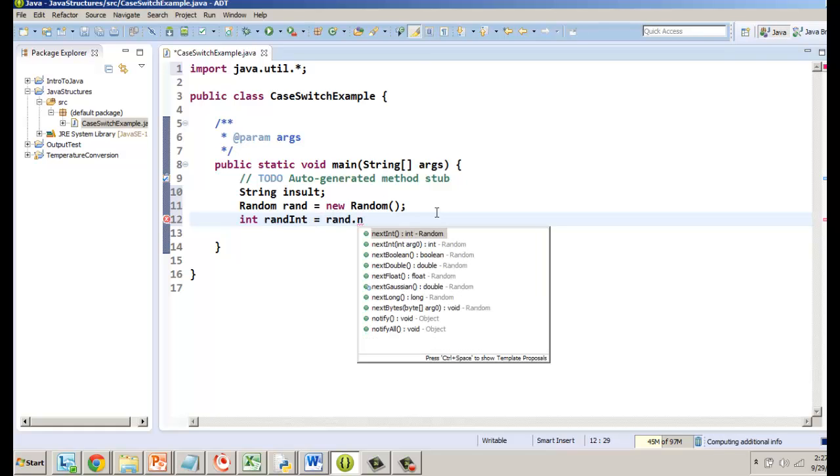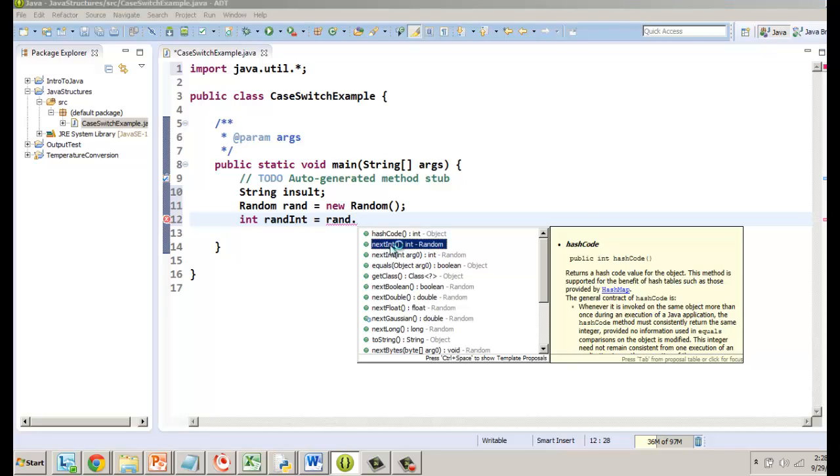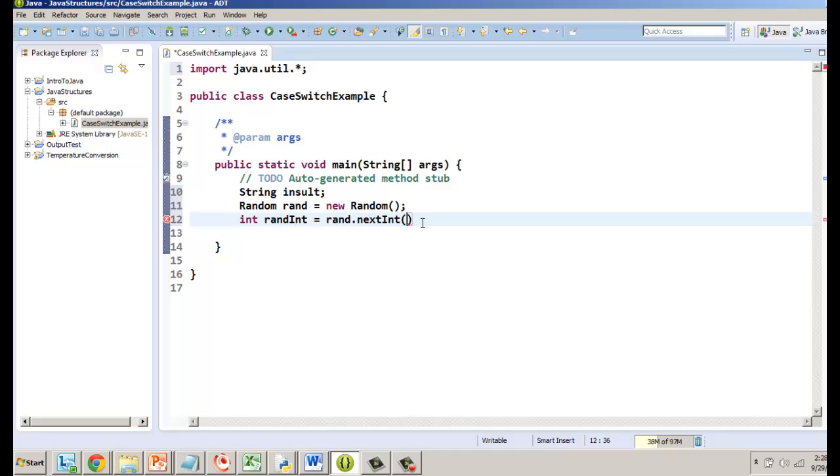And you'll note the Random object has a lot of different methods related to it. We're going to use nextInt. And in here, we're going to pass it 3, which is going to select a 0, a 1, or a 2. So it's picking from a random list, starting at 0, including 3 different integers. And there we have it. Okay, so we don't know what number it's going to generate,